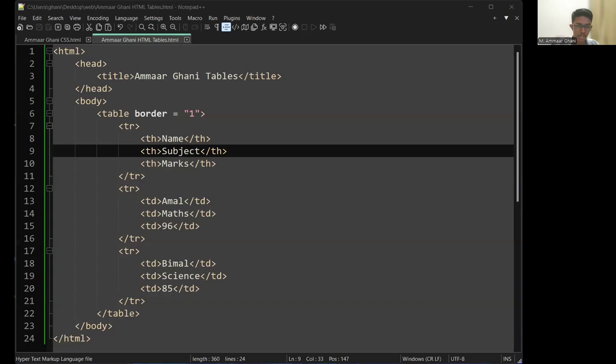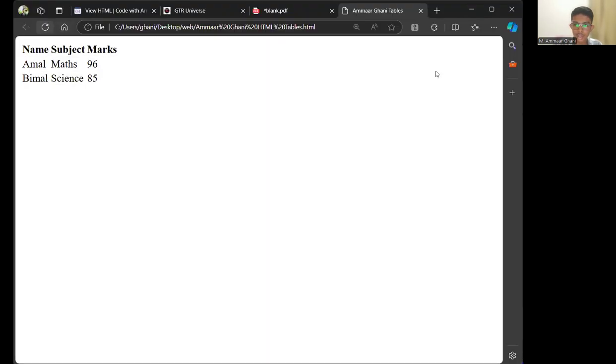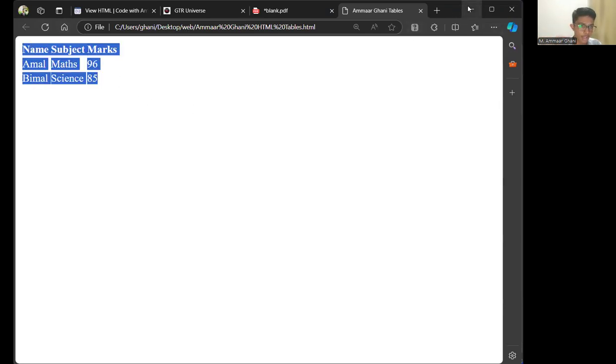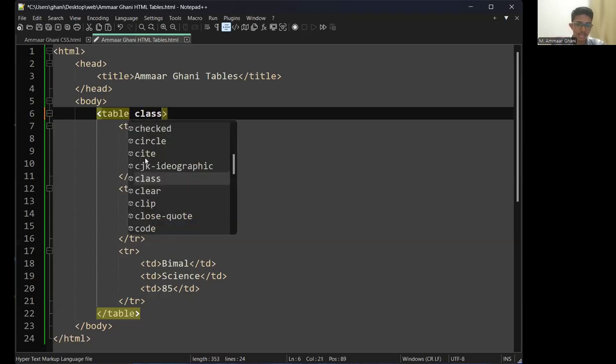Okay. So now what I want you all to do is remove this border equal one part from your code, because we are going to do it using internal CSS rather than inline CSS. We are going to use internal CSS. I'll show you how. Remove the border equal one, so it will look something like this, plain. Once you're done with that, leave a space and type